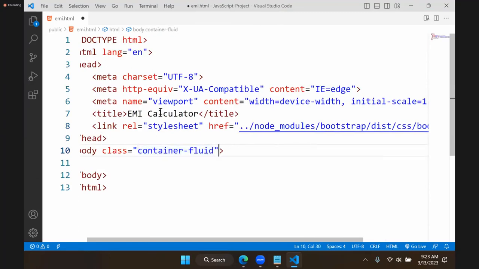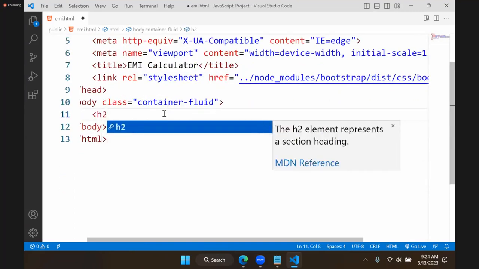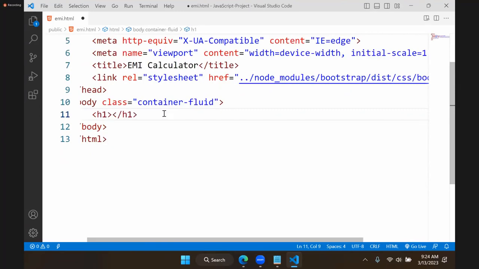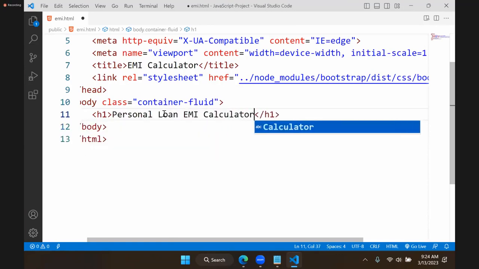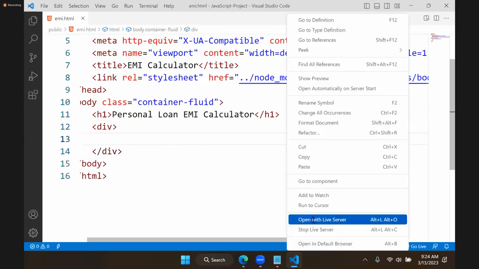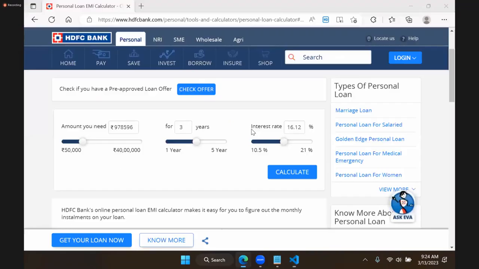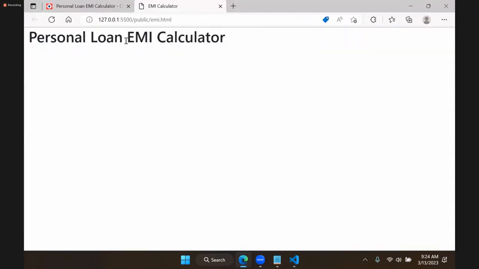Okay. And see here, we need the design. Let's keep a heading. So here, personal loan EMI calculator. Okay, and let's create a container. Now in this container, this is the personal loan calculator. And in this, we need to create,